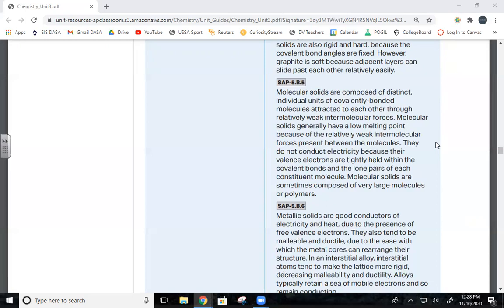Intermolecular forces present in molecules, blah, blah, blah. Okay, all this is saying is when you see molecular nitrogen or molecular oxygen, it's not going to conduct electricity. It's going to have an insanely low boiling point and melting point. Okay, sometimes composed of very large molecules or polymers. So you can get large polymers, like carbon, for instance, right? Carbon can make these really long polymers that you can end up having a solid, but generally molecular solids have very low boiling points. Okay?